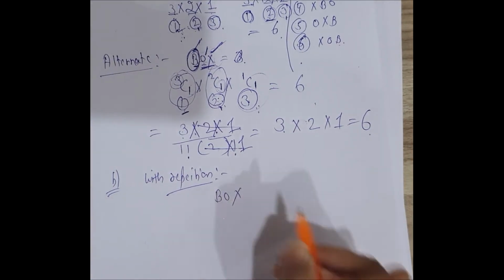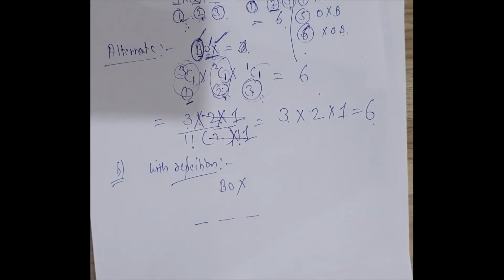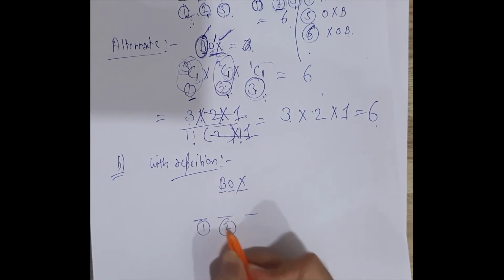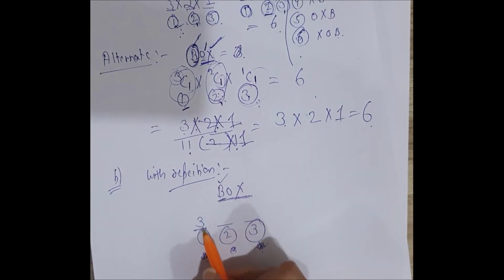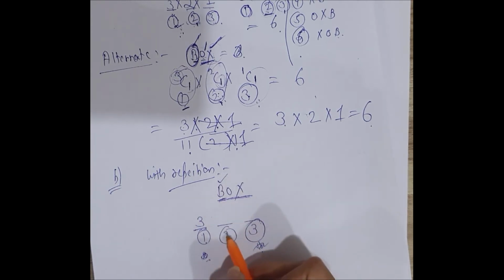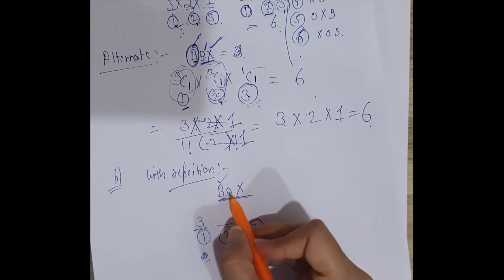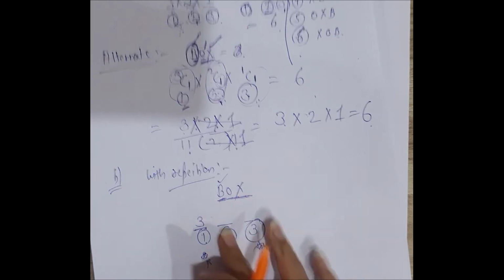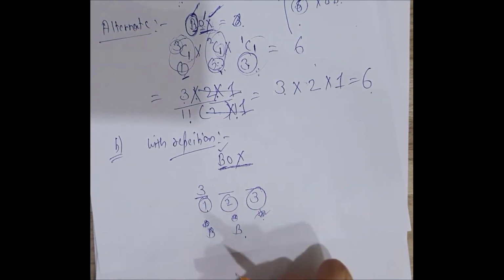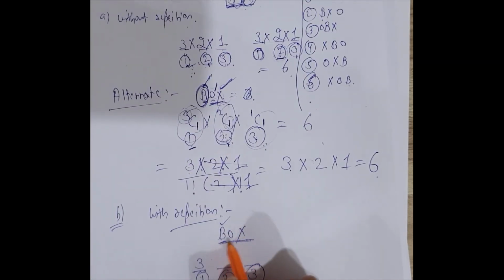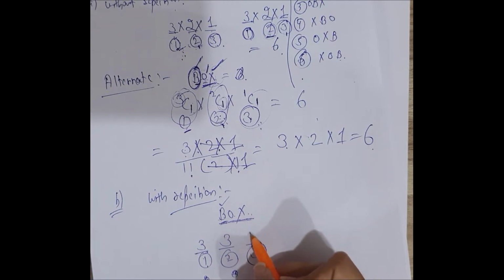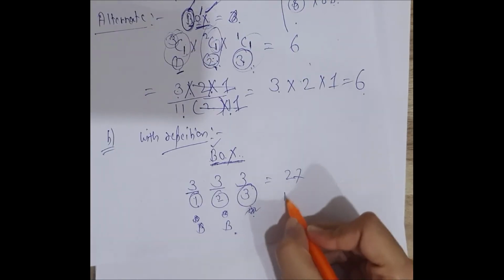Now second, with repetition. As we have this word box and these are choices, here we have 3 letters and we have to form a word of 3 letters. For the first letter, I can use any one of these 3 letters, and for the second letter, I can also use any one of these 3 letters, as if I use B here, then I can also use B here. So again I have 3 choices, so 3. Again I have 3 choices, then 3. Alternate method.